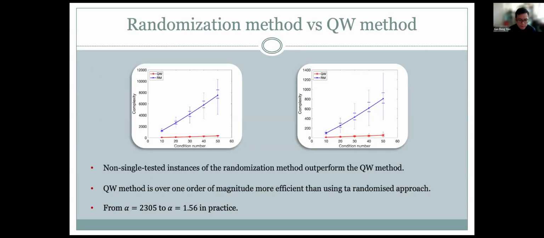So I have a question here. Have you ever tried to reduce the condition number? Because it seems like they will intersect somewhere for a small condition number, right? So at least for small condition numbers, these two methods are comparable. Am I correct to say that? Can you go less than 10 for the condition number? Yes, and then they will eventually intersect, especially for the second case, maybe around 5 for the condition number.